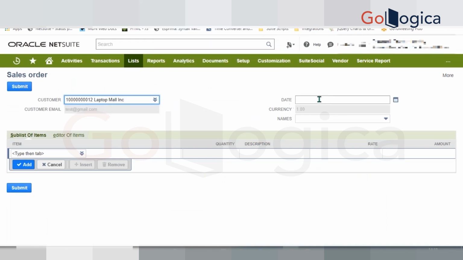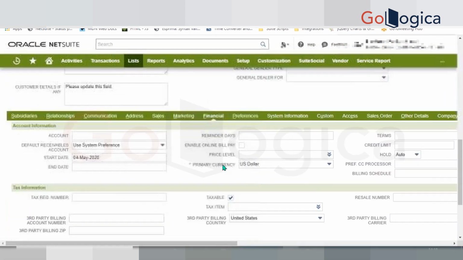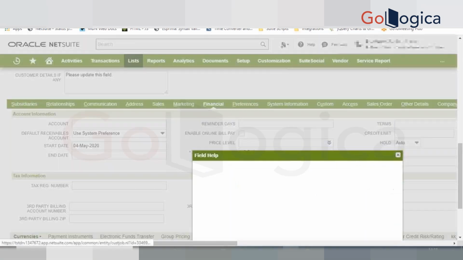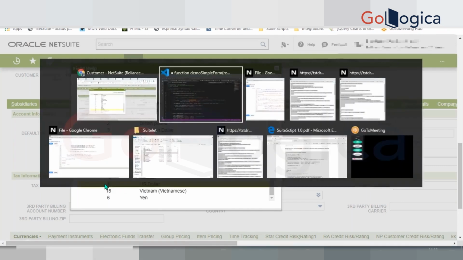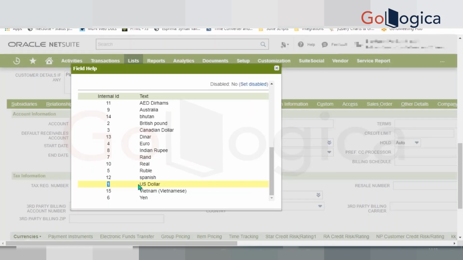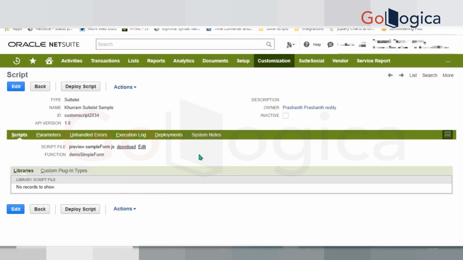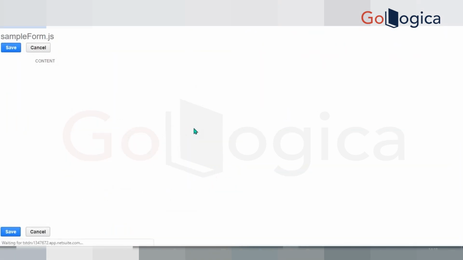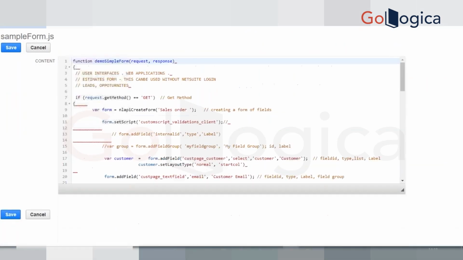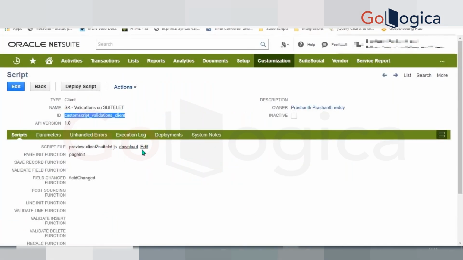Yeah. Now you see there is a difference here. You're getting a currency of one, right? So if you go to the customer record and click on here, the value you are getting is one, right? US dollar's value is one, right? Then you're getting a value now, but you want to display a name, right? So in order to display a name, what you can do,